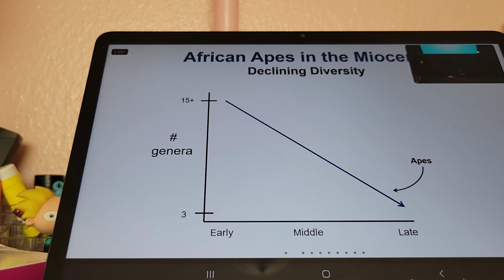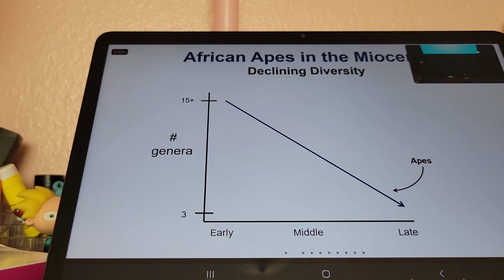By the time you get to the late Miocene, you basically have the ancestors of the modern apes today. The ancestors of the gorillas, chimpanzees, bonobos, the ancestors of the orangutans, the ancestors of the gibbons and primates. What could happen during the Miocene that would reduce the diversity among apes? One thing we see is a cooling and drying, that I'll talk to you about in just a second, but